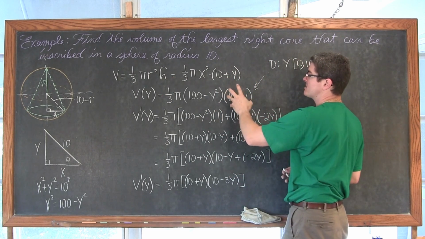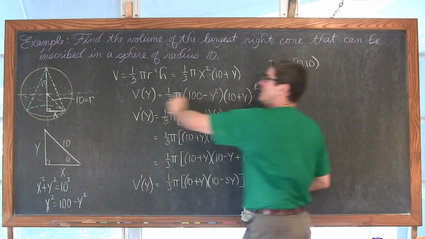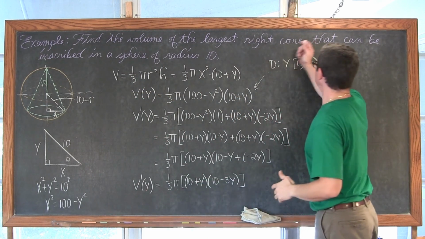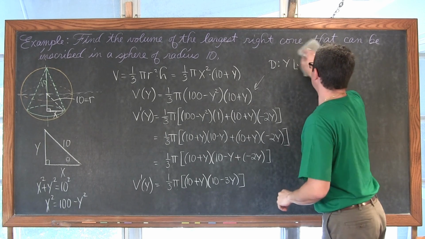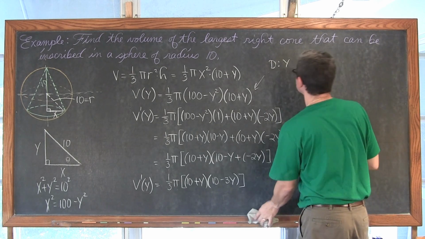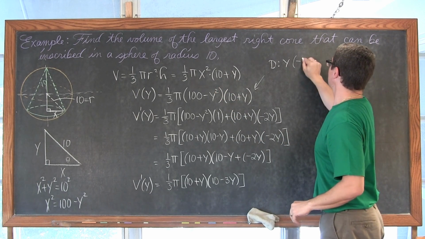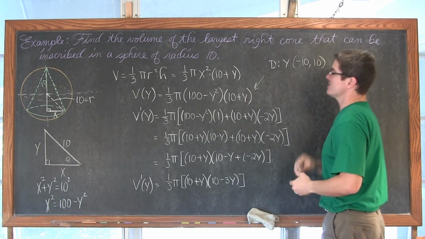And if y starts off at 0, the cone already has a height of 10. So really, the domain for y, as it's helping to set up the height of the cone, is between -10 and +10, because the y